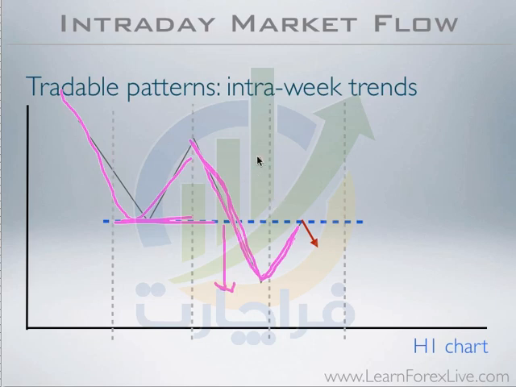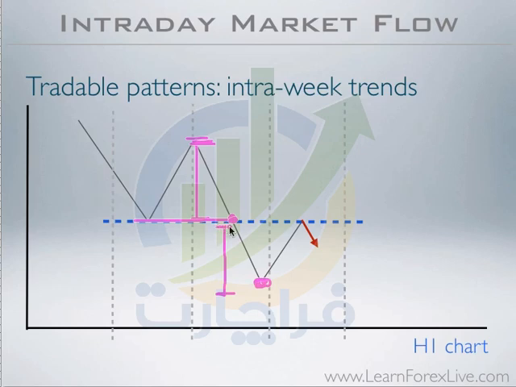At least this distance here should be as long as this distance here, from the beginning of the swing all the way to the breakout point. The bears should be able to drive price down from breakout point to exhaustion point just as long, or at least for just as many pips in this portion of the chart as in here. That means that the trend is still strong, it's still healthy, and then once you